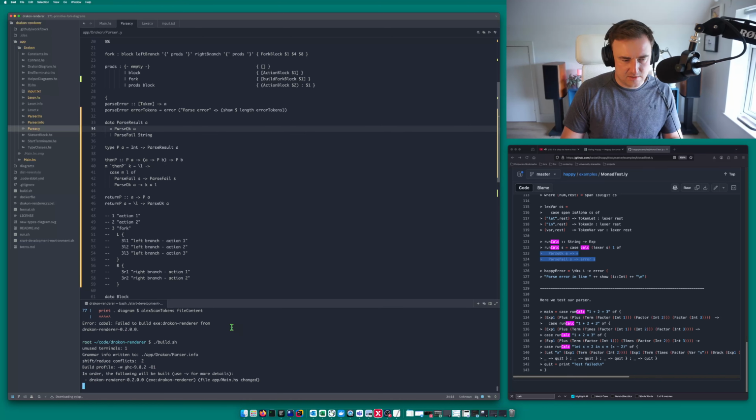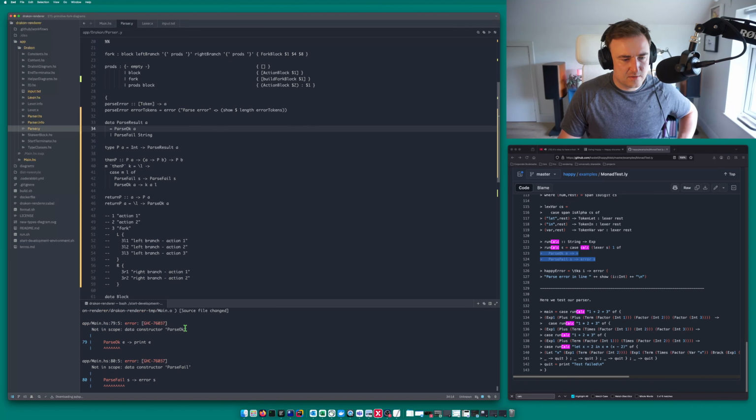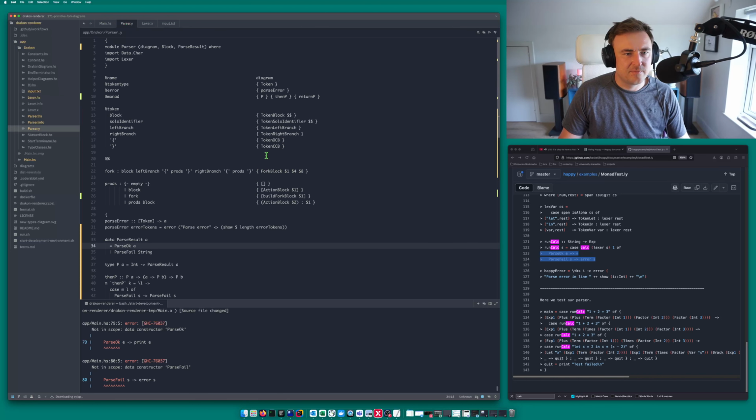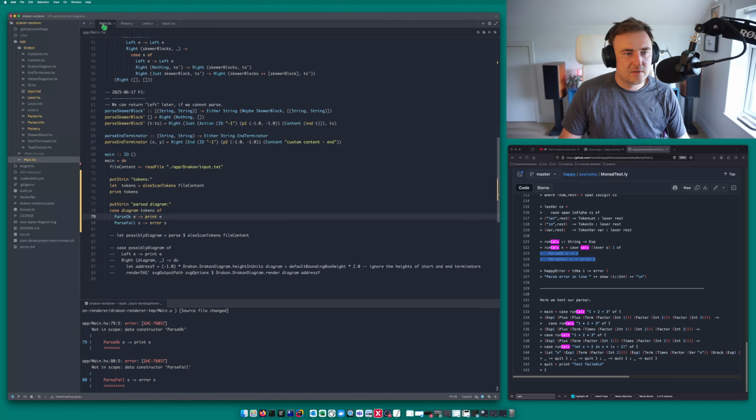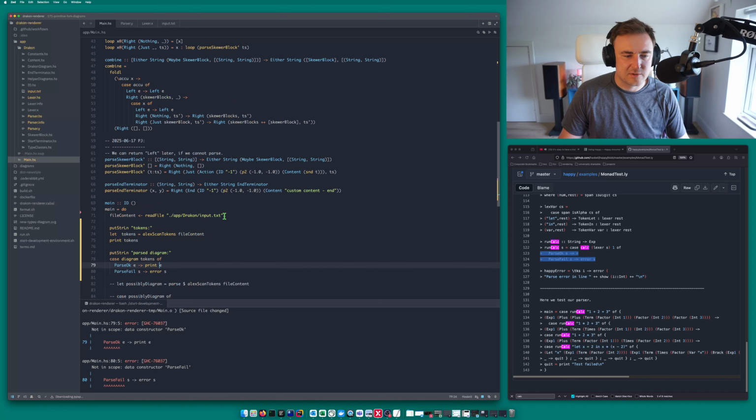Let's see. Nothing in scope. Parse okay, parse fail. I thought it was in scope.